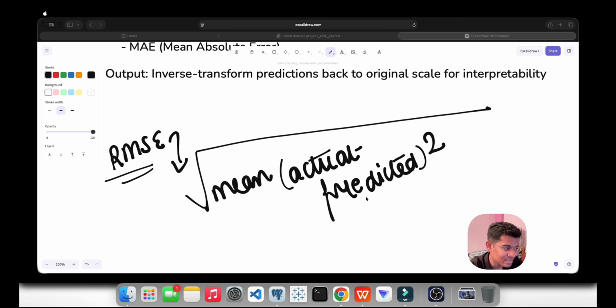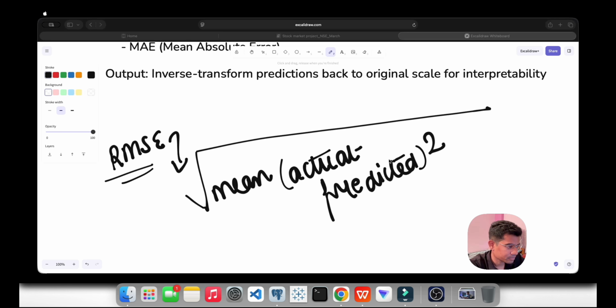So this is what we are doing here. We are just penalizing the large errors heavily. I mean to say, one -1 is okay or better than -2 or -3. That's what I'm trying to say. That's it, ठीक है, that's what it is all about for RMSE. Right now we will go for MAE.